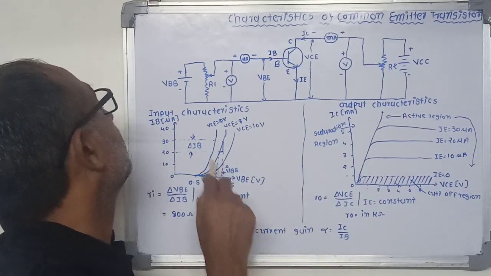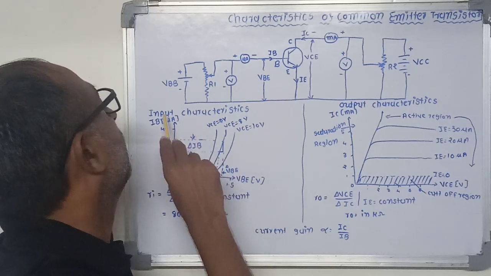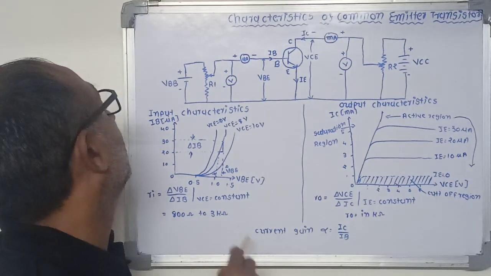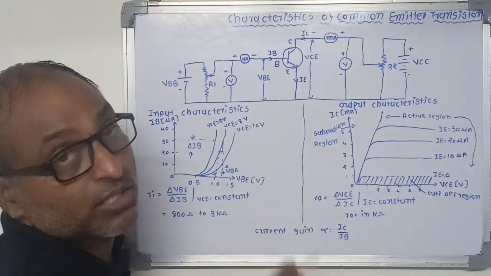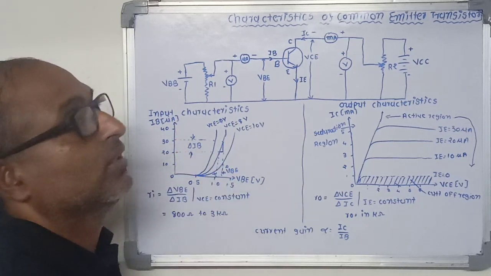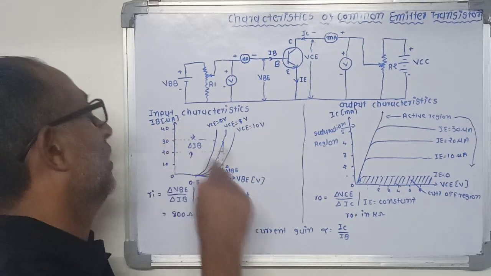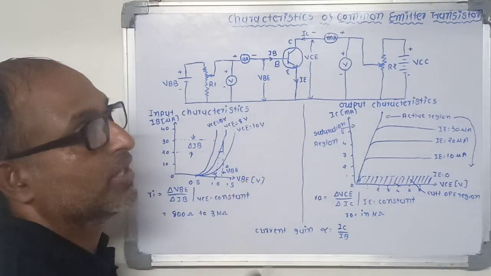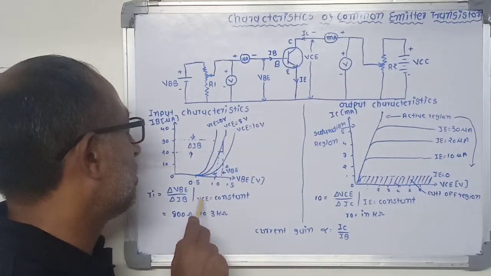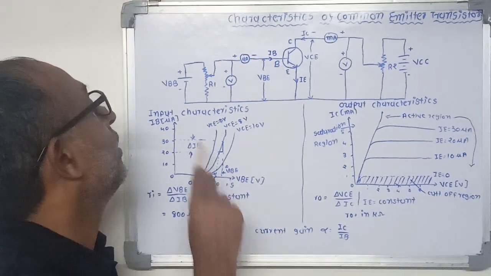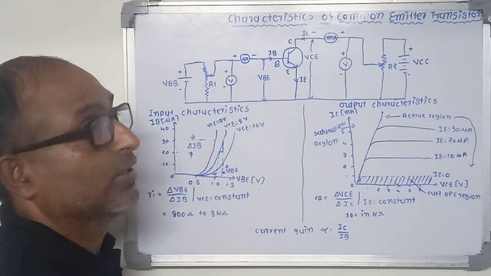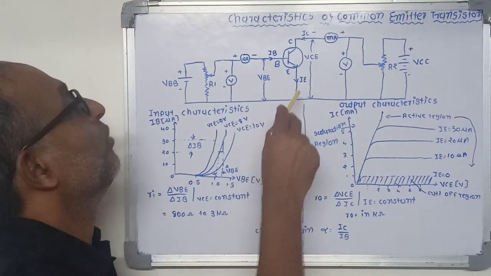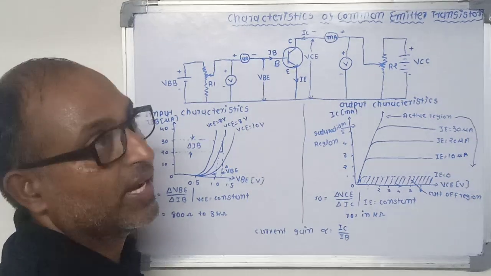Now, there are two characteristics of the transistor: one is input characteristics and the second is output characteristics. First, we study the input characteristics of the transistor. It is a graphical relationship between base current and emitter base voltage at constant collector emitter voltage, and is called the input characteristics of the transistor. To determine the input characteristics, first the output voltage VCE is kept constant at